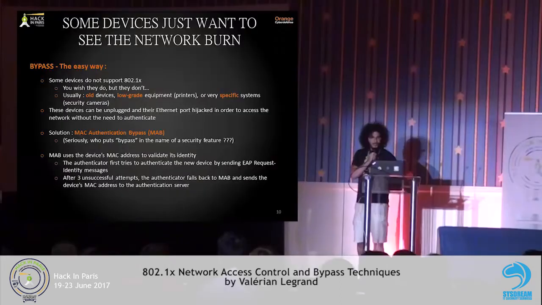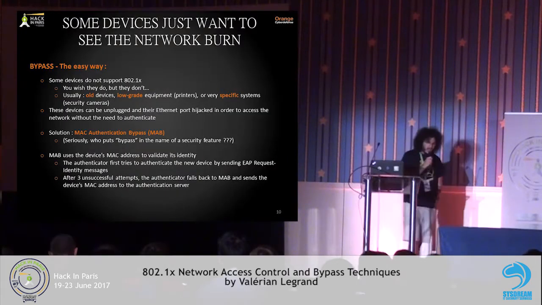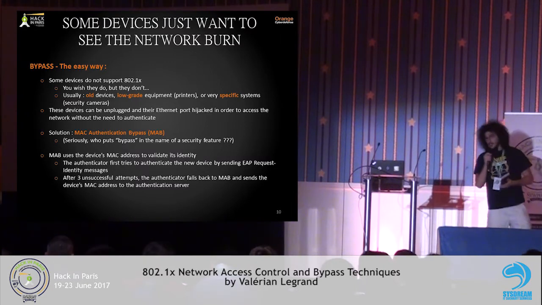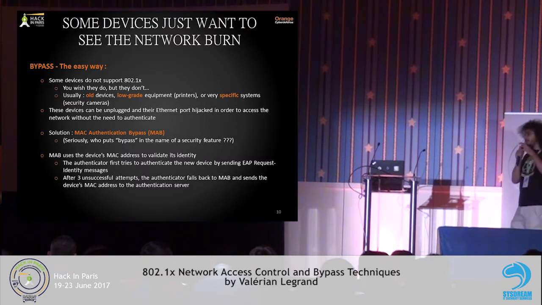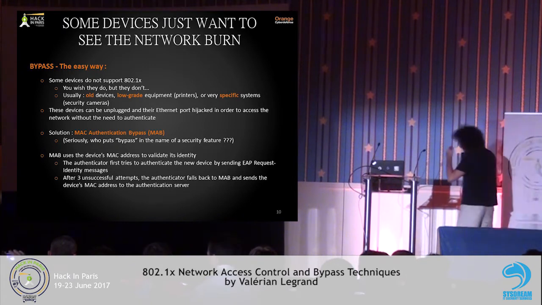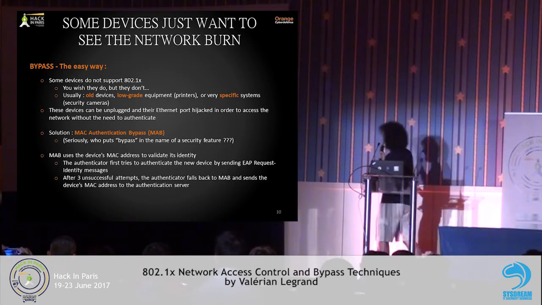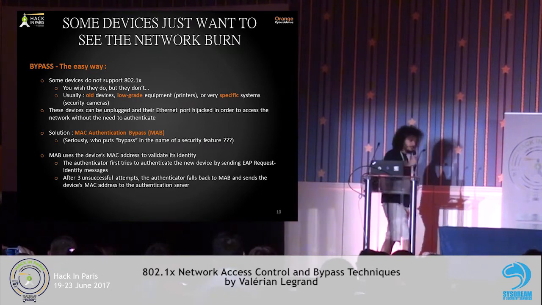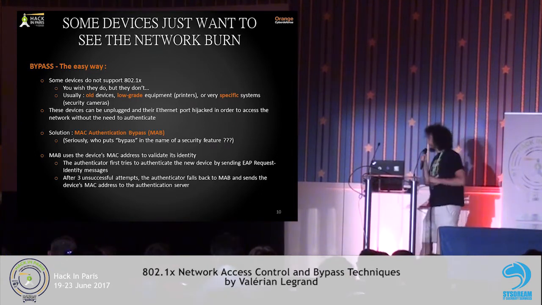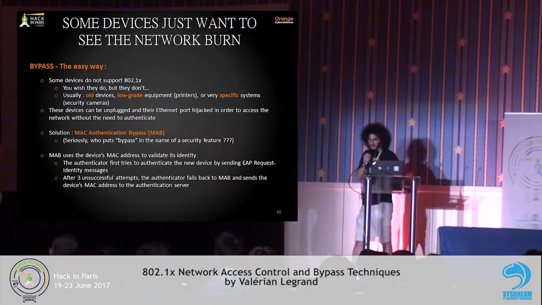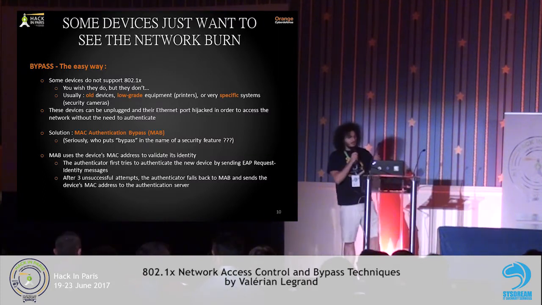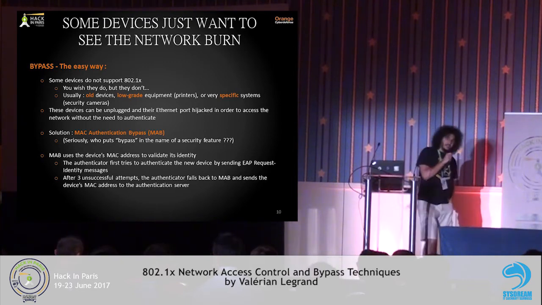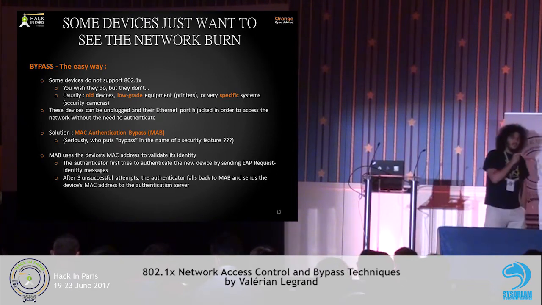So, now that we have set that aside, how can we really bypass .1x protection as an attacker? Basically, you have two solutions. If we can't access the authentication server, well, you have a third one, which would be to find credentials, but that's a bit too easy, so we're going to set that aside as well. So the first way, the easy way, is if you can find, as an attacker, devices, equipment that just does